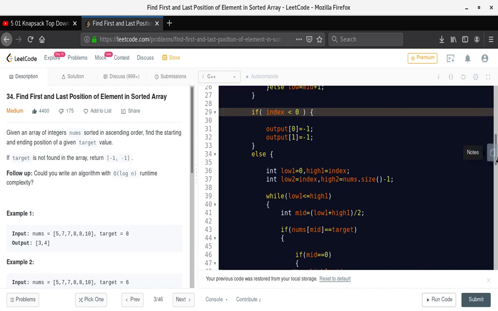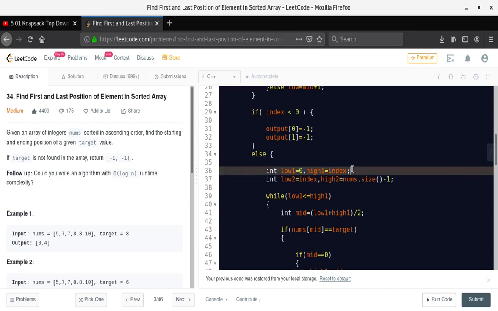So yeah, we need 4 variables here: low 1 and high 1 for the left side binary search, and low 2, high 2 for the right side binary search.